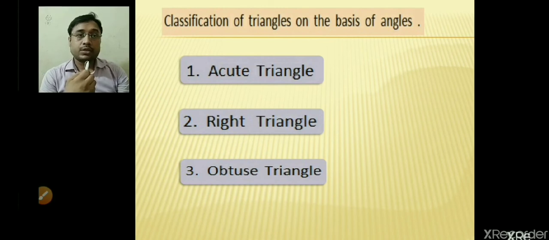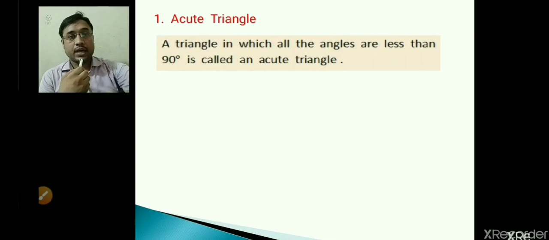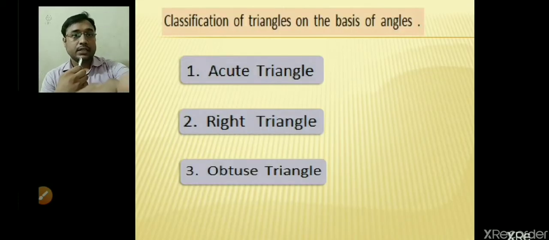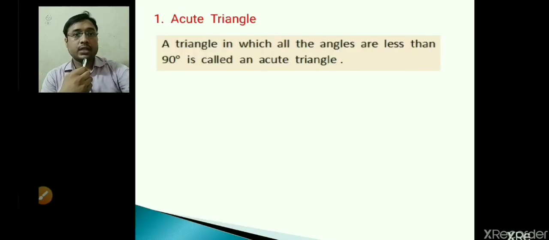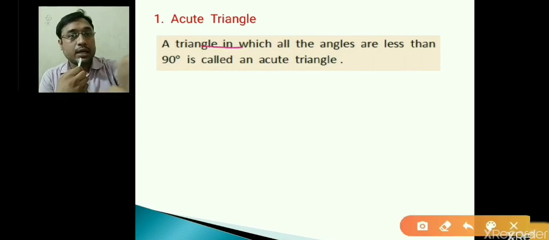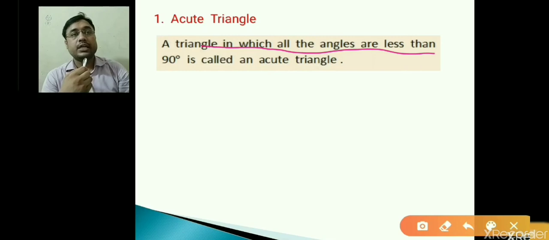This is based on the angle measurement. So we can say that first is the acute triangle. One by one we will see all these types of triangles: acute, right, and obtuse. An acute triangle is a triangle in which all the angles are less than 90 degrees. That means all the angles are less than 90 degrees,